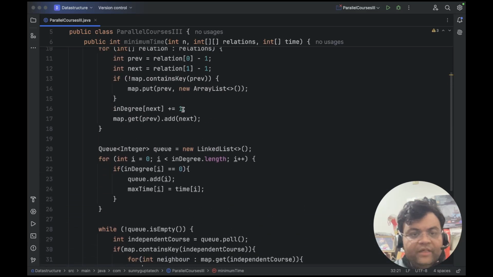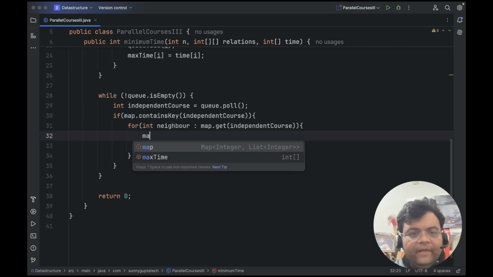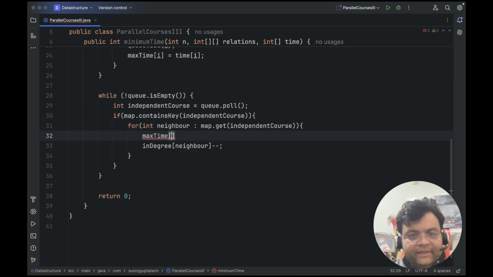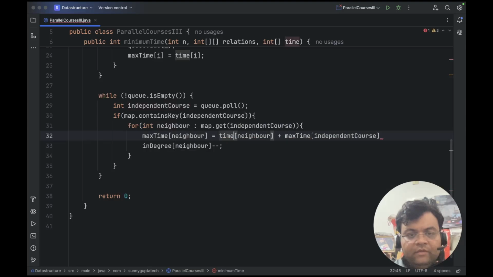Here also I can use plus plus, right? Yeah, and in degree will be reduced. Also now I need to update the max time, right? Max time for this particular neighbor will be the time of that particular neighbor plus max time of the independent course. This will be the maximum of,